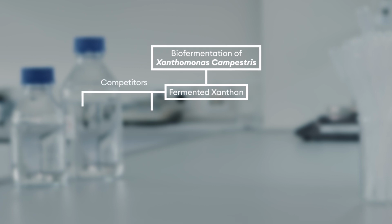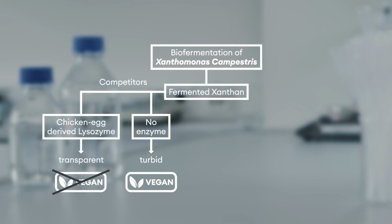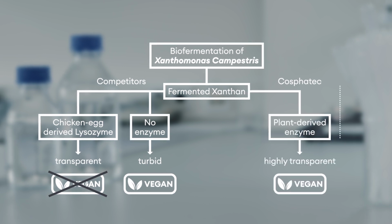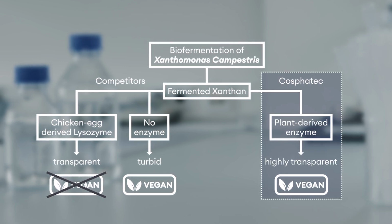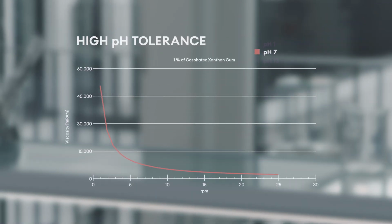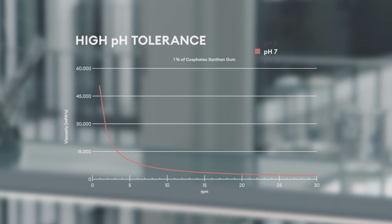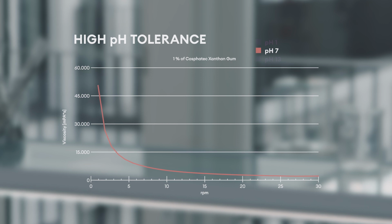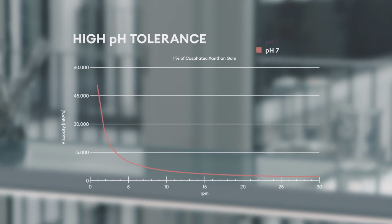Generated by biofermentation, our xanthan is a plant-derived polysaccharide with highly transparent and vegan properties. The advantage of xanthan gum is that viscosity decreases under increasing shear forces. The effect is important for applications like foams or emulsions and allows an easy and smooth spread of cream on